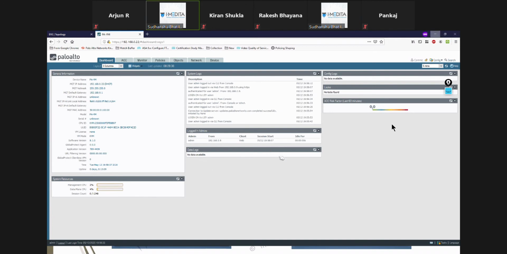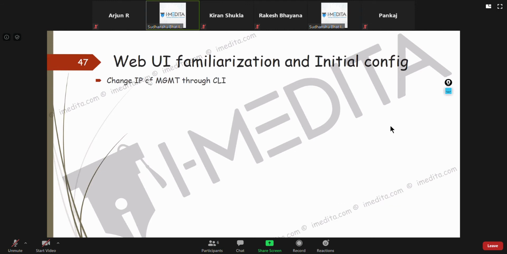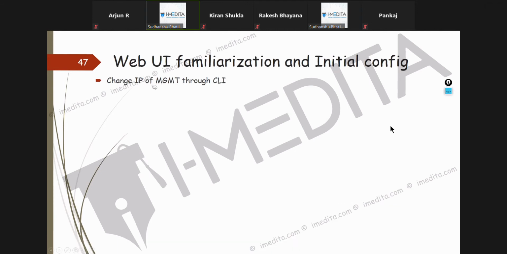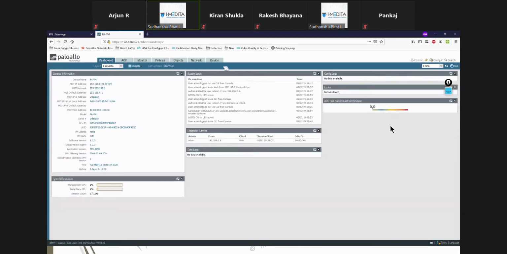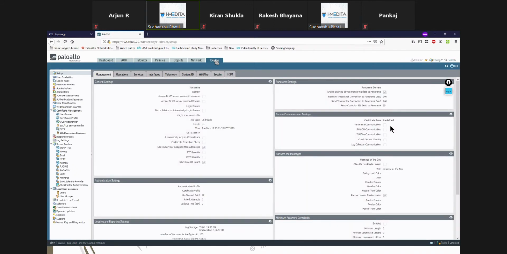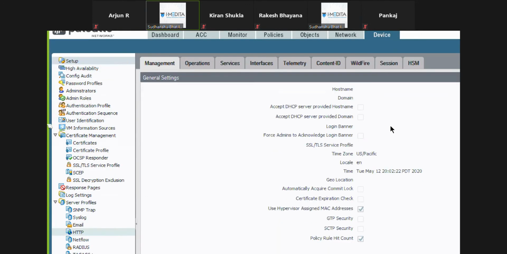Let's continue a little bit from the slides as well. I'll show you how to change the IP of management through CLI. Let's do that later. For now, let's concentrate on the GUI. If you go to Device, there are many options.